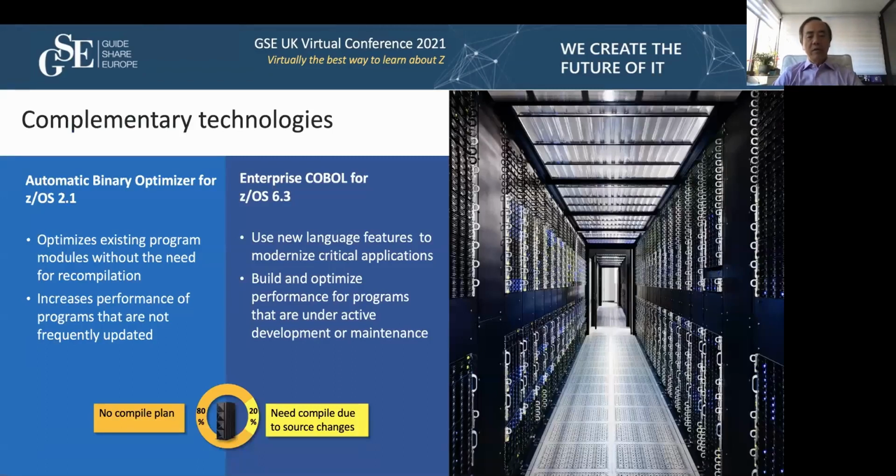So ABO and COBOL 6.3 are complementary. They're not competing technologies, because as we know, a lot of our customers told us that they will only compile programs that require source changes. So basically, those that are under active development and maintenance, right? So the rest of it, it just works, and they don't really have plans to